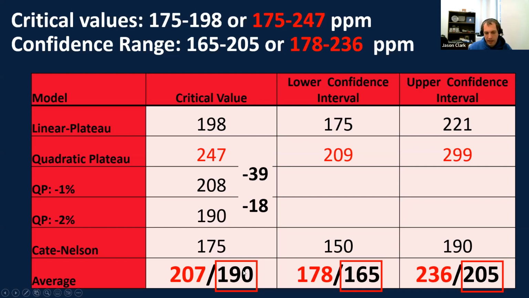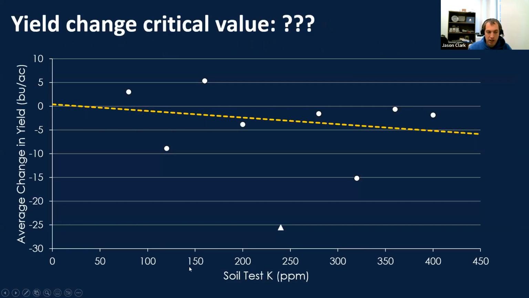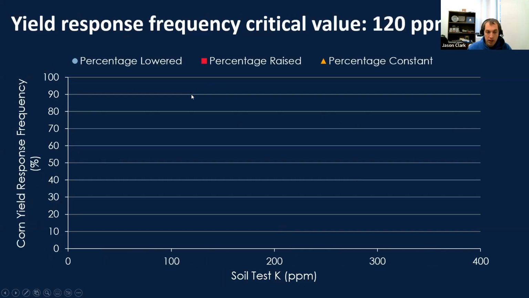So the interesting thing about potassium, if we remember, the phosphorus had this really cool relationship when this change of yield went down and flattened out. Potassium, not so much. You can see, this is a 0 line and we're just scattered around 0. Look at these soil test K levels, decreasing in yield if we add too much. So again, this is showing us if we have high soil test levels and we add more potassium, we can reduce yield. So this way of looking at it hasn't worked very well for our South Dakota data and potassium, but it did for phosphorus.